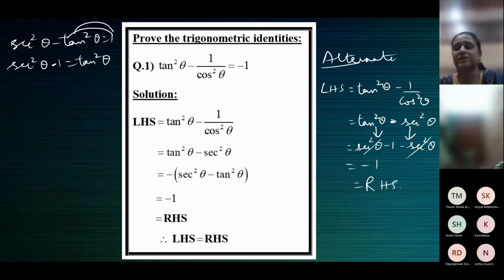Tan square theta can be written as secant square theta minus 1. Quickly. All right. The next method is